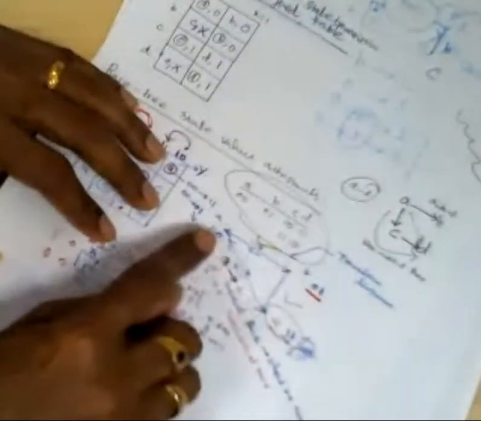Okay. So anyway, even one critical race is there. We should avoid it, because then the circuit will not work for that particular condition. So the races should be avoided. We know how to avoid the hazards. Now we know how to avoid the races. That means race-free assignment should be made to the states. So whatever we have done, 0, 0, 0, 1, 1, 1 will not work out. That is not the perfect assignment. So we need to find the perfect assignment now. What is that perfect assignment?